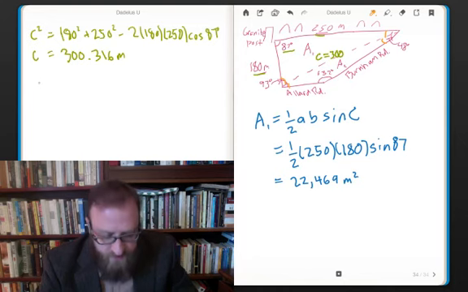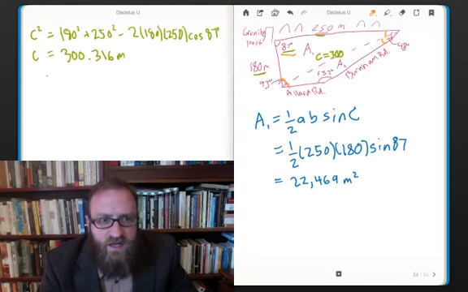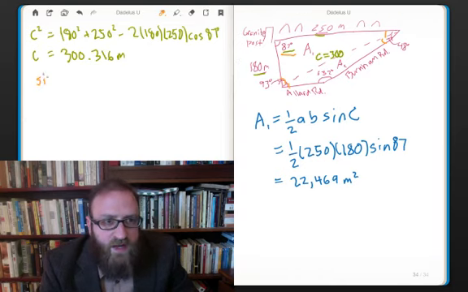Let's use the law of sines. So we'll start with using, again, the triangle that we know more about. So we're using this 87. This 87 is going to get used for the third time. That was a big piece of our knowledge. So the sine of 87 degrees over its opposite side, which you'll notice in the A1 triangle is 300, what we just solved for, is equal to